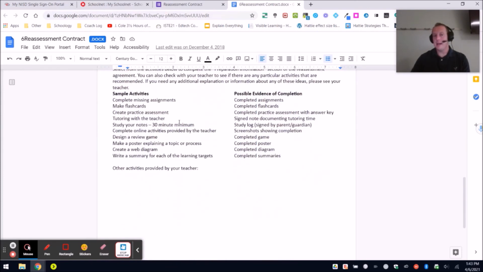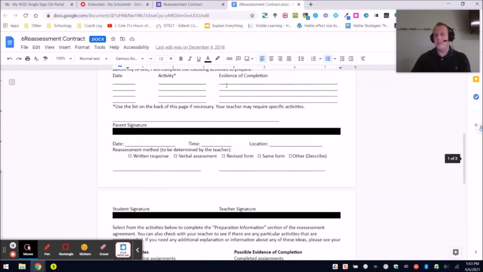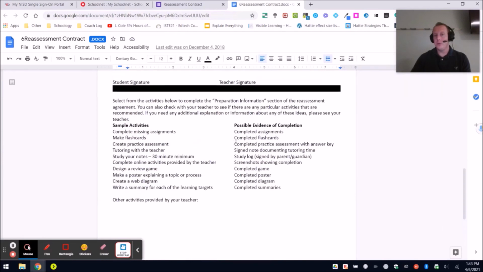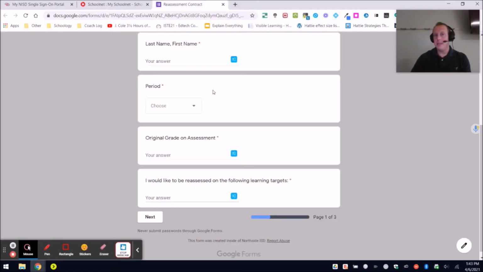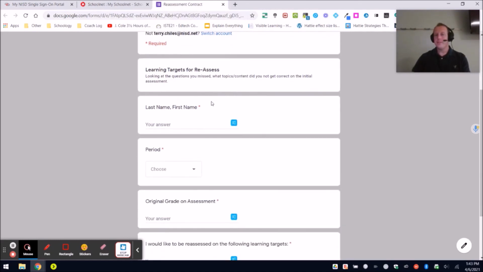And then on the back side, these were some suggestions. Now, I never forced them to do any of these, but these were just possible suggestions if they ever needed help coming up with an activity or evidence of completion. So this was the old school way that I would do pencil and paper, but since then I have adapted it into a Google form. And this is a lot easier to fill out, and I'm not having to worry about copies and so forth. So if we go in and just have the student put in their name,